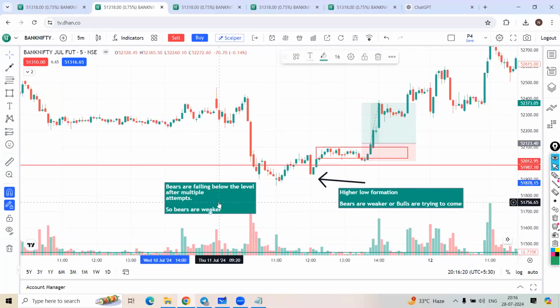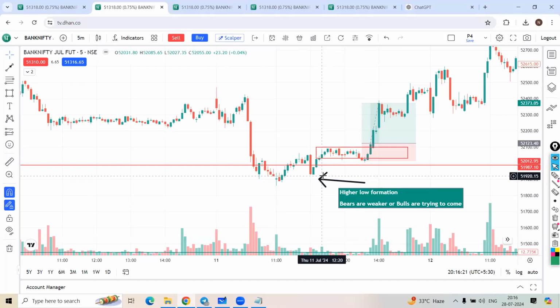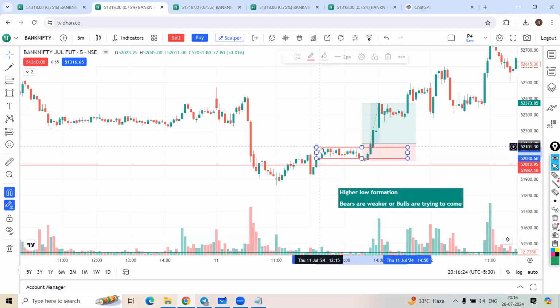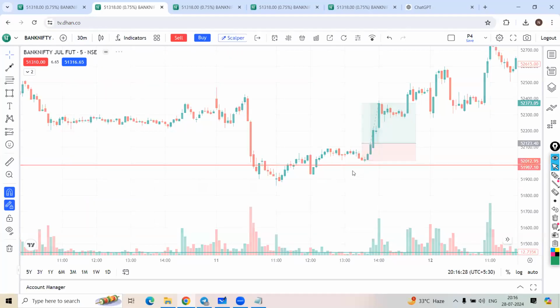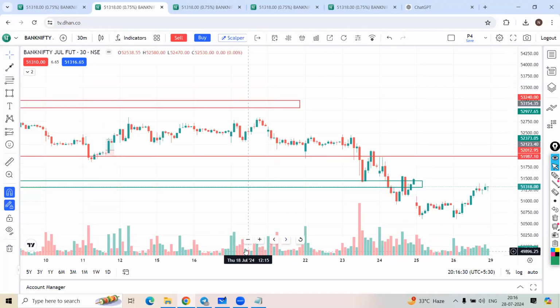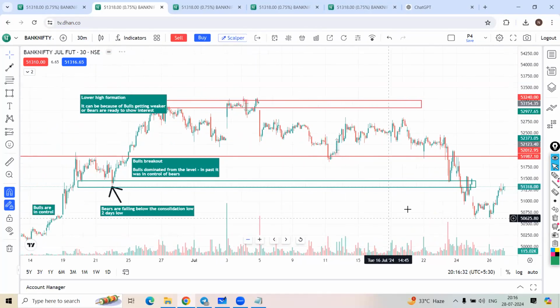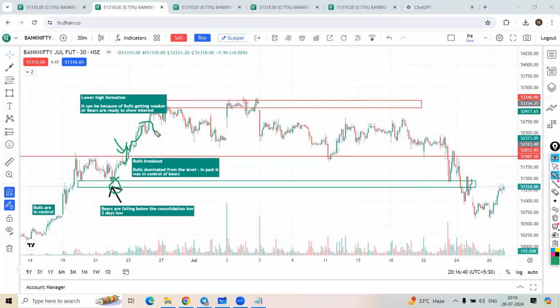How do I mark this line? How do I mark this zone? Very simple. 30-minute time frame, which I showed at the start of the session. This one. Bulls broke out, bulls dominated from the levels, with failure from which the bullish past